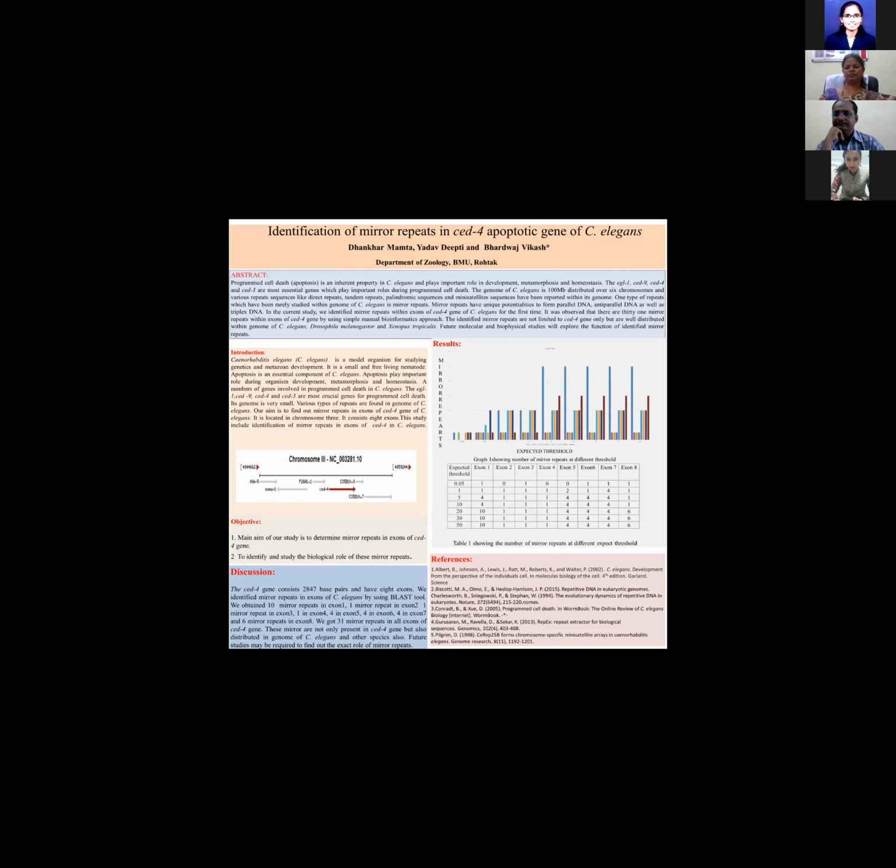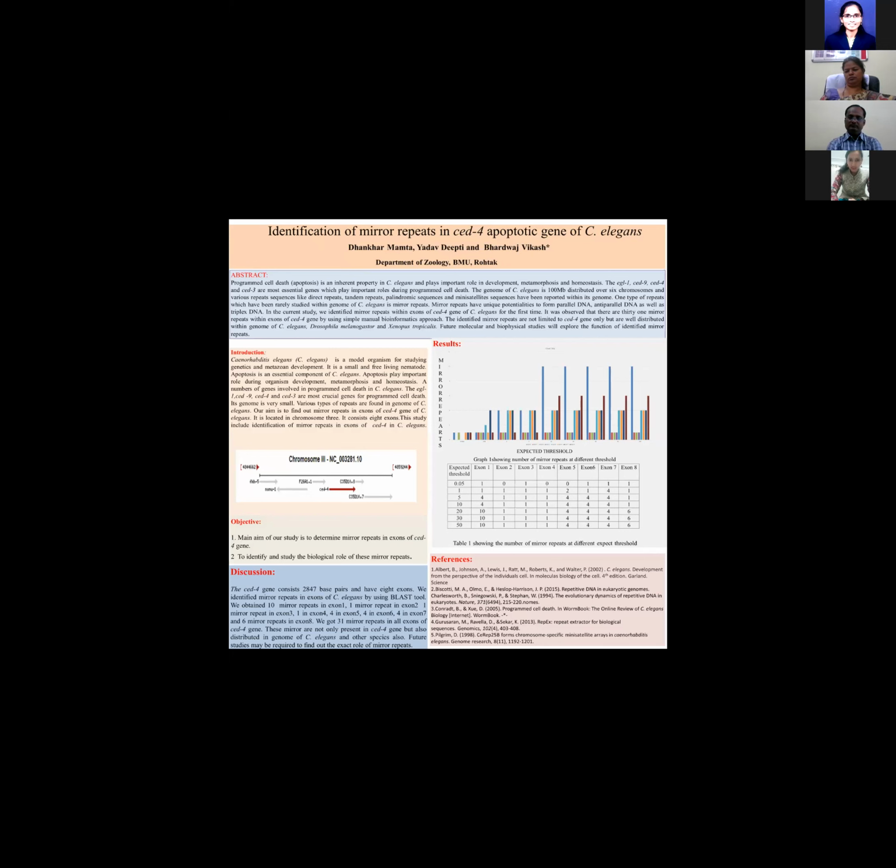Okay. So the genome size of C. elegans is very small and it is distributed over 6 chromosomes. Different types of repeats like tandem repeats, direct repeats, palindromic sequences, and transposable elements are present within the genome of C. elegans, but one type of repeat, the mirror repeat, is rarely studied in the genome of C. elegans. So what is a mirror repeat? A mirror repeat is a repeating sequence that possesses a center of symmetry, and our aim is to find out mirror repeats within the gene